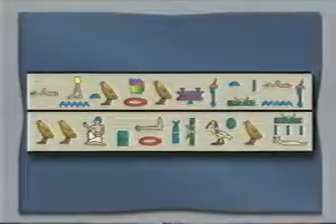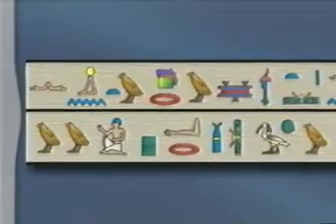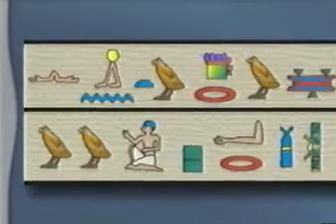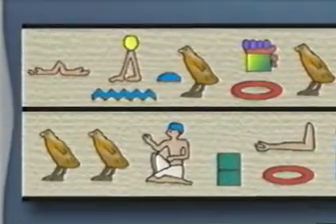And eventually, we come to ancient Egypt. And in ancient Egypt, it was really the first attempt of civilization to really mathematize the world. And the Egyptians developed hieroglyphics to represent language and also to represent numerical quantities.